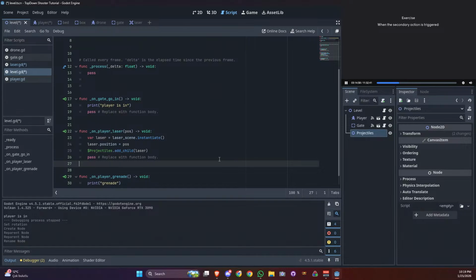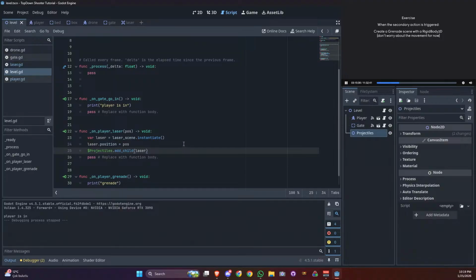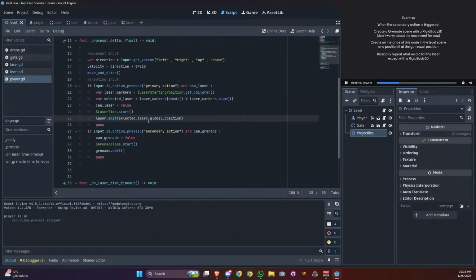When this secondary action is triggered, I want you guys to create a grenade scene with a RigidBody2D. For now, the movement is going to be really weird, so don't worry too much about it. I'll cover that in the next part. Once you have that, create an instance of this node in the level scene and position it at the gun nozzle position. Basically, I want you guys to repeat what we did for the laser, except with the RigidBody2D. The major difference now